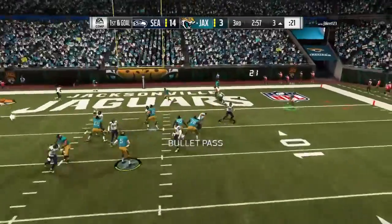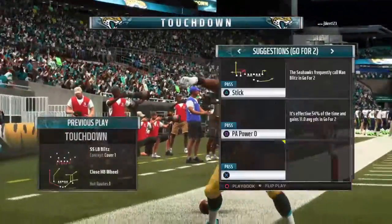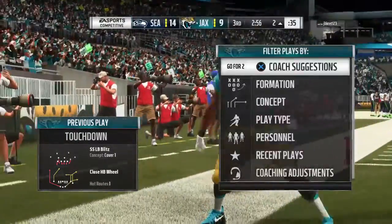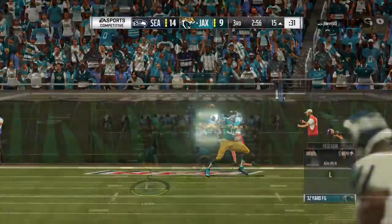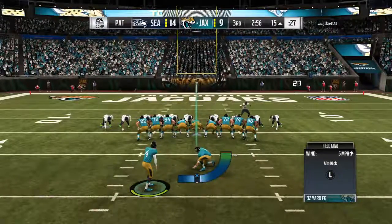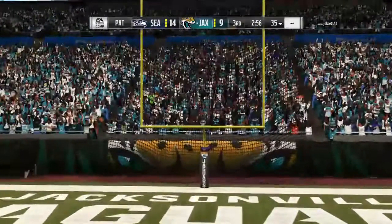Now Bortles, and that is caught. Touchdown, Jacksonville. Corey Grant from 3 yards out, and the Jaguars are back within a score. Well, he wasn't the guy they were initially going for, but after going through the progressions, it worked. When you have plenty of people who can catch the football,